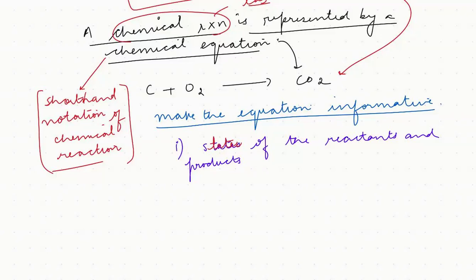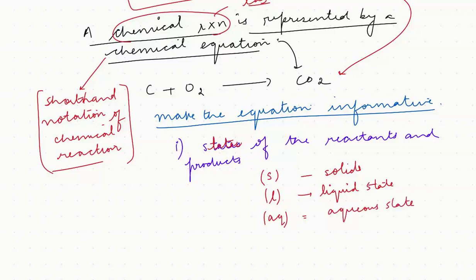States. For example, if something I'm using is in the solid state, that means some crystals or granules, so S would be representing the solid state. If I have L, it would be the liquid state. If I talk about aq, it will be the aqueous state. Aqueous means, let's say, I have some chemical which is in the solid state, let's say regular salt,